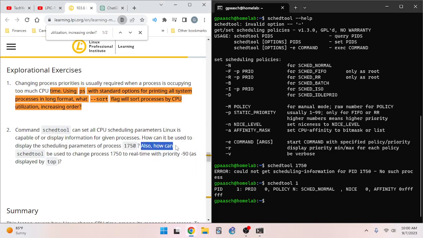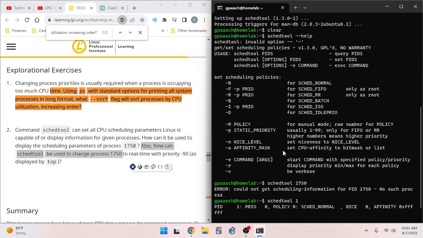The second question is also, how can schedtool be used to change process 1750 to real time with priority -90, and each one displays priority difference. So in this case, it will be as displayed by top. I think top displays it with the leading one dropped, so it would be a priority of -190. I'm not sure about that. We'll find out when we look at the answer. So my answer would be